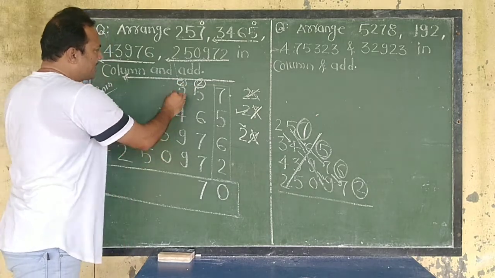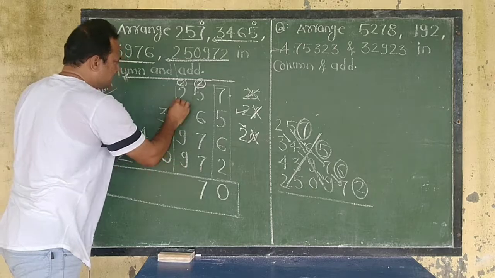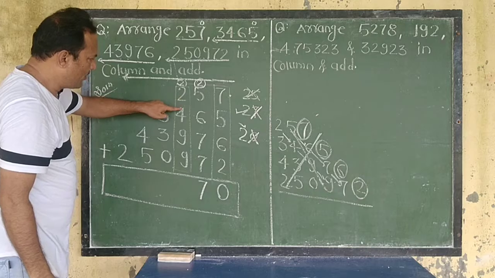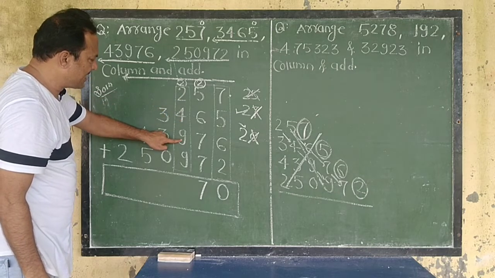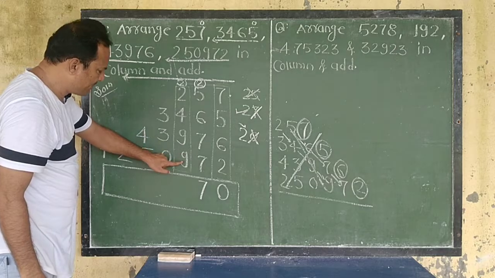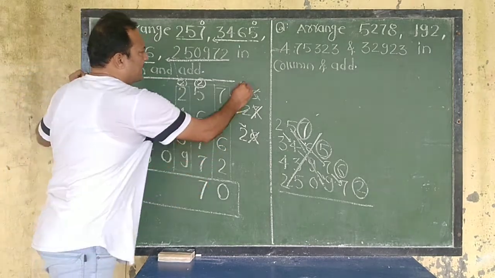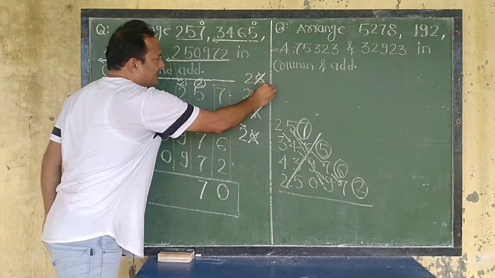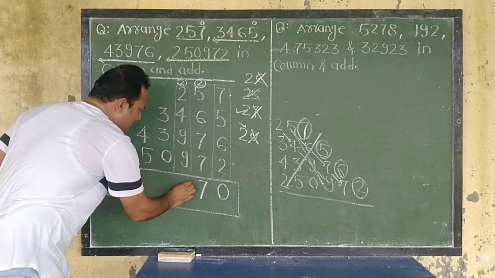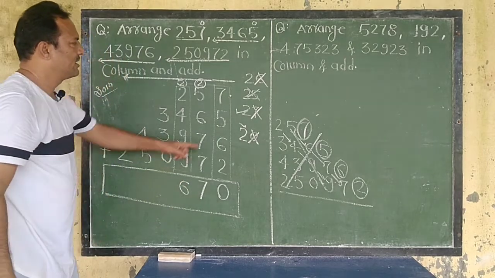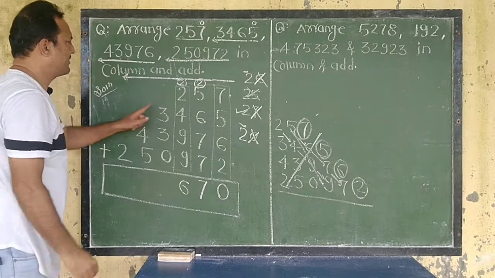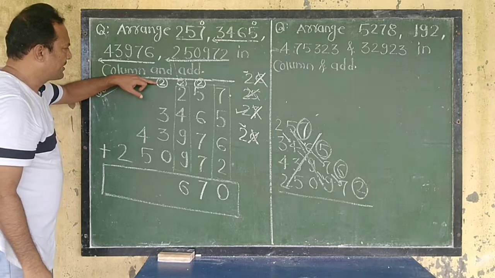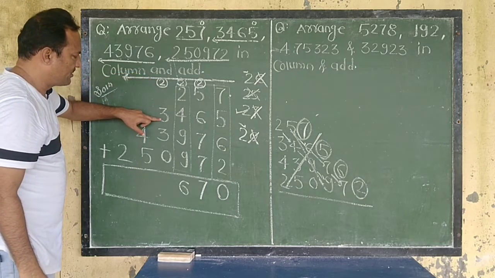Now add the carry as well as all these digits. Plus 2, 4. 4 plus 4, 8. 8 plus 9, 17. 17 plus 9, 26. 26 is also a double digit. Then we always write the ones digit. We add these numbers, then write the ones digit 6 here. The remaining number is 2. Then write 2 here and encircle the carry.